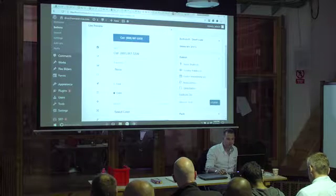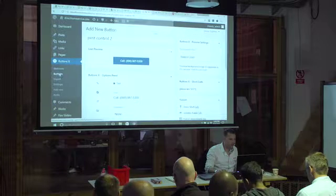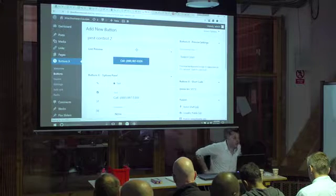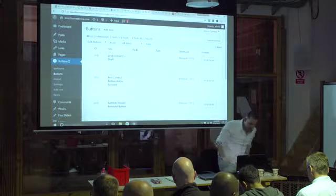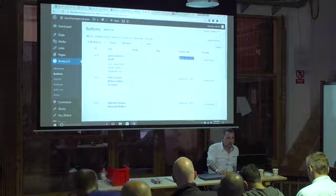So once you hit publish, you should be able to go back to the main screen of buttons. I'm going to leave this because I don't need to be in here anymore. Any questions on creating the button? Was it that easy? It's pretty easy, right? Okay. So now, if you notice the main page of buttons, all you got to do is just grab that short